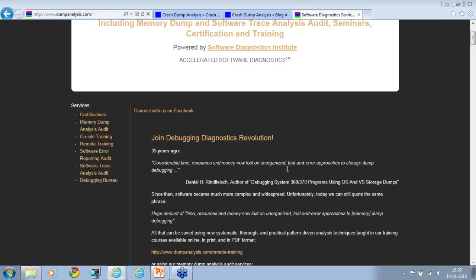Further, there might be seminars. Maybe I update complete memory dump analysis or do something. I don't have definite plans now, but if you want to see GDB in action or WinDBG in action, you can go to